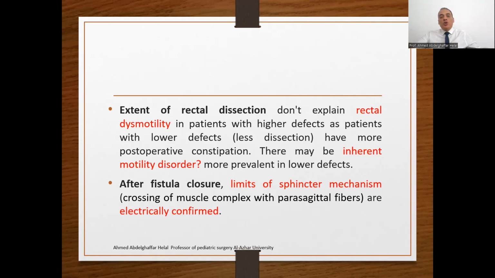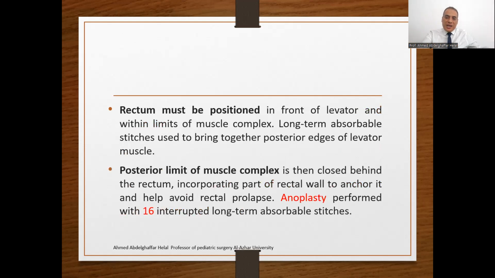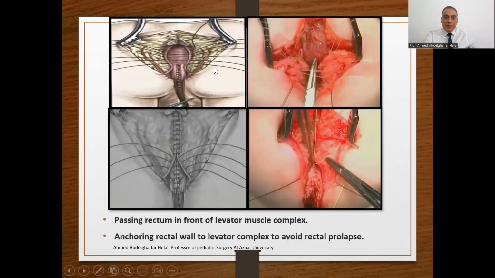After the fistula closure, we determine the limits of the sphincter, anterior and posterior, to put the rectum in the proper site. The rectum must be positioned in front of the levator muscles. We mean that the levator lies behind the rectum, and the limit of the complex is exactly determined, and then we perform anoplasty. We can see here the rectum after dissection, the levator, this is suturing the levator, and the rectum will be